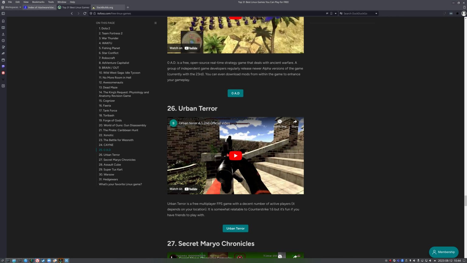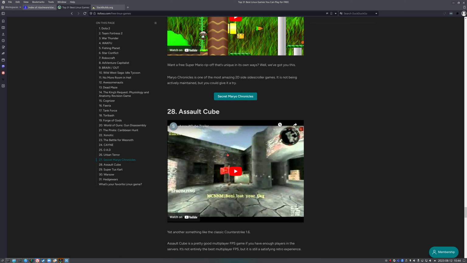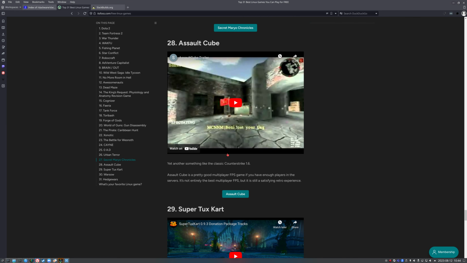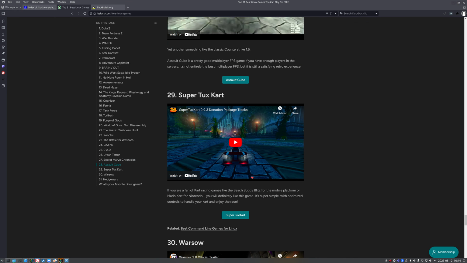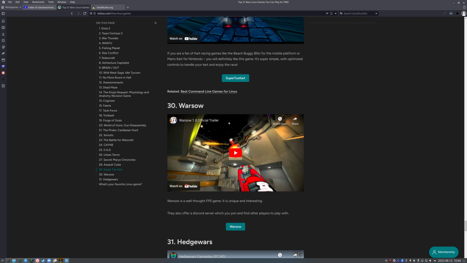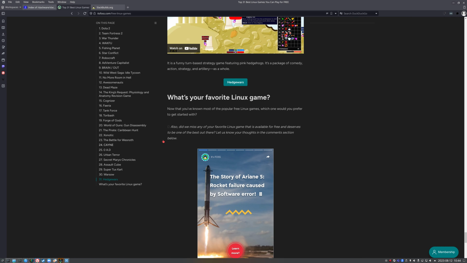That's a multiplayer FPS. Salt Cube, I think. Oh yeah, Super Tux Kart. I remember doing that. Oh, Warsow. Yeah, this is the game, Warsow. Yes, this is pretty cool. Yep, yep. Torx was one that I remember when I started gaming on Linux, and you know, just trying to survey